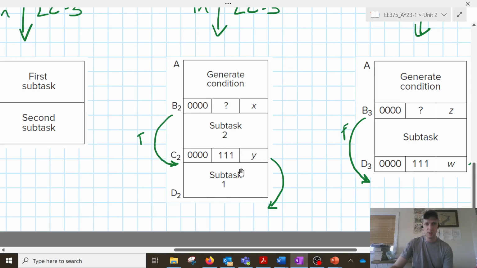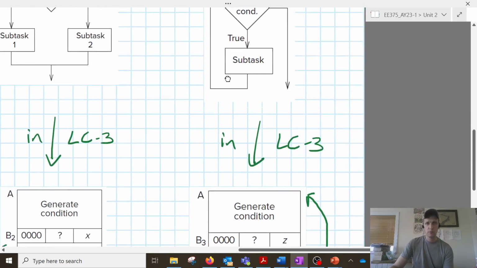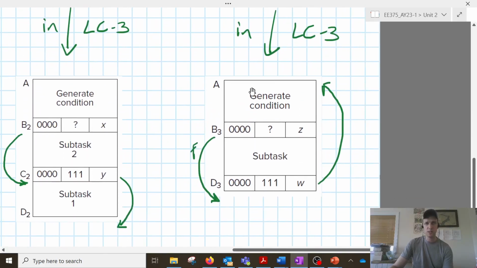Y in this case is skipping over subtask 1, so it's going to be D minus C effectively. Okay, to implement iteration, we're going to perform a very similar process where we start by